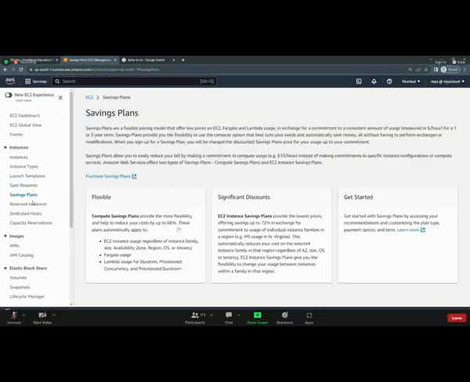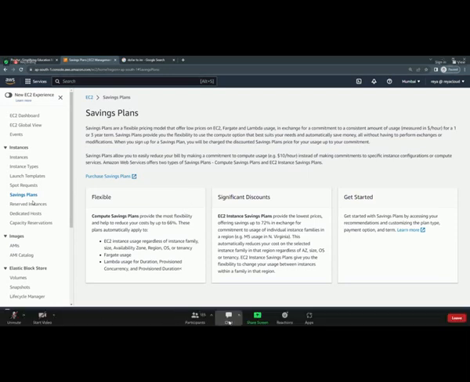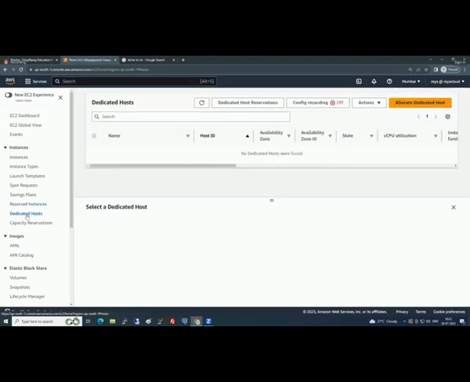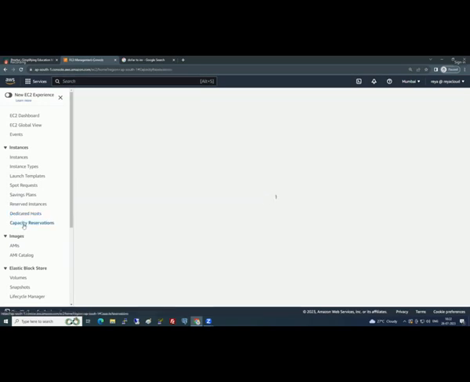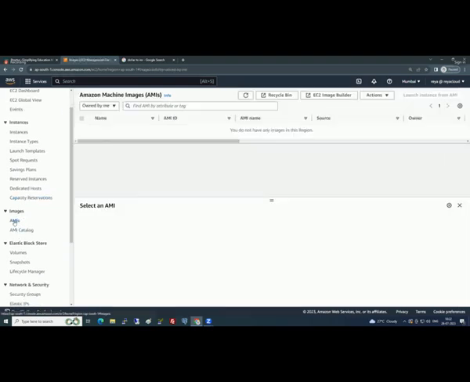And guys, in our course, which pricing model will we be using? On demand. Do we go for spot or reserved? Will you reserve for 1 year, 2 years? No. But I'll show you later how to reserve EC2 instances and how to do spot. Will you go for a dedicated host? You cannot, because it will be very costly. Capacity reservation? No. We will launch one T2 micro 2 times, 3 times, 4 times a day, 10 times maximum, and done. And coming to AMIs.